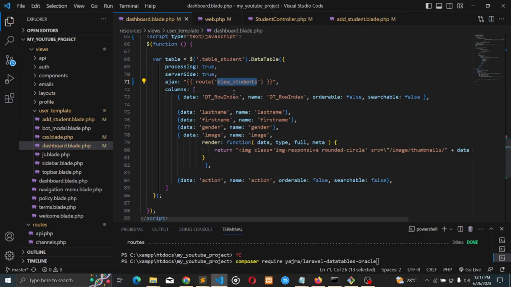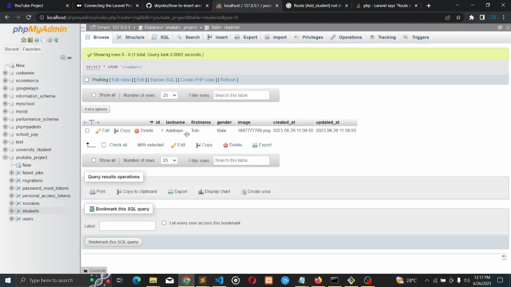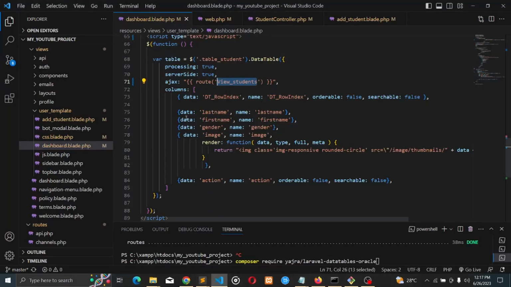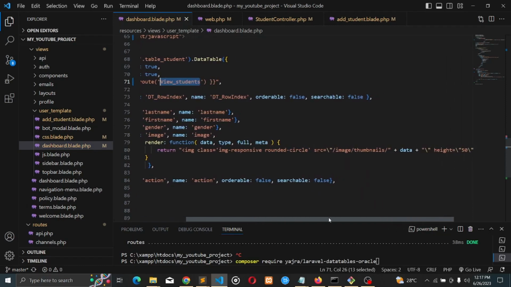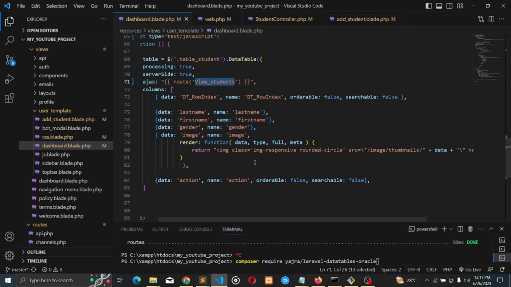So, and these are column. These auto increment, this is a line of code for the auto increment serial number 1, 2, 3, and you can see last name from our database, last name, first name, gender, image. So in order to save time, I have already input all these text, and this part is very crucial for displaying of images using Yajra. So render, data, type, full, metadata, your image class